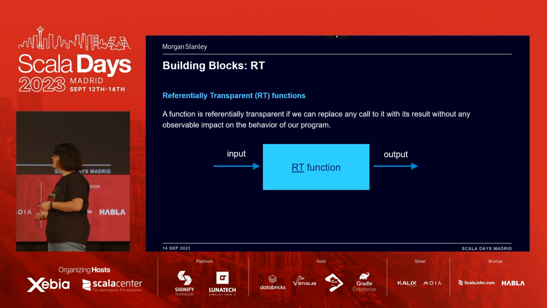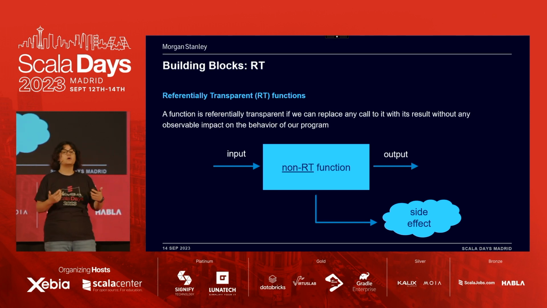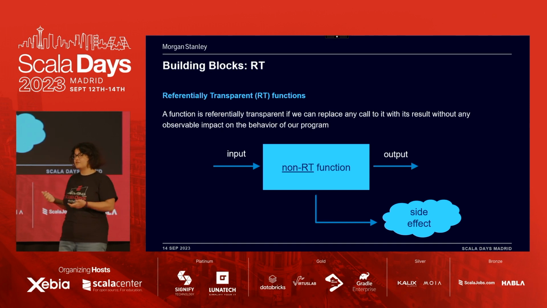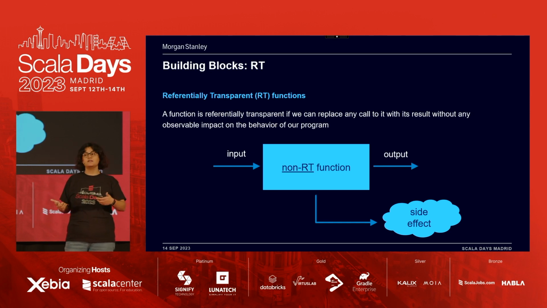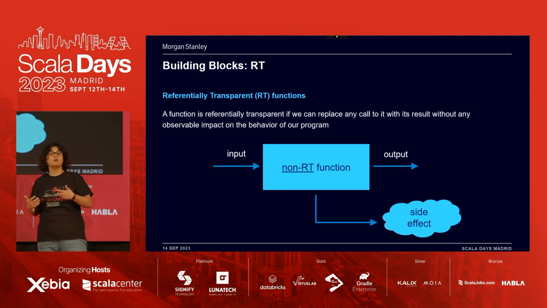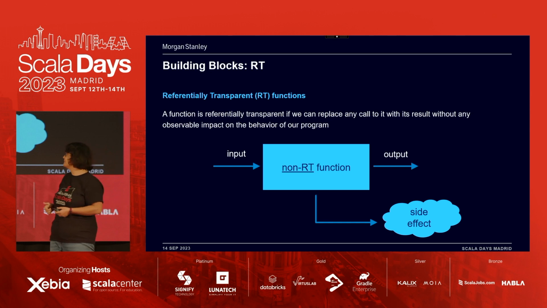And this is extremely powerful, but you can imagine that if I was to do that, caching the result and reusing the result rather than calling the function again, on a function that is not referentially transparent, meaning a function that has some side effects that are not represented in the input of my function, then I'm going to be in trouble. Imagine if I have some function that saves some data into a database. If I don't call the function at all, I'm not going to save my data into the database, and that's going to be very, very tricky for my program to recover.